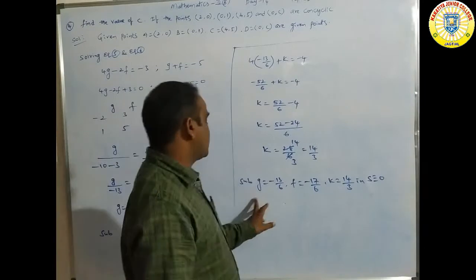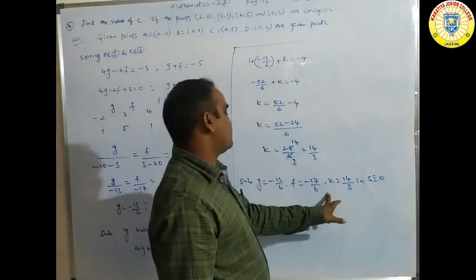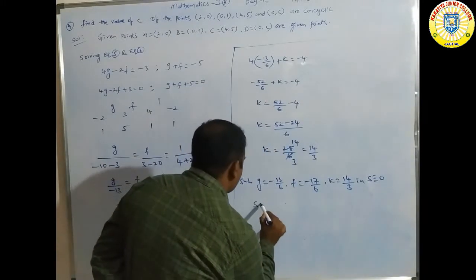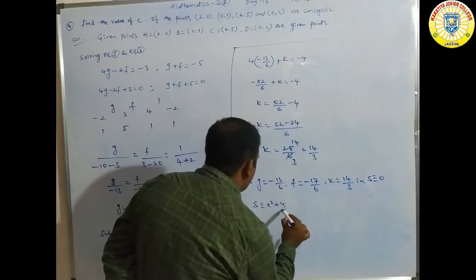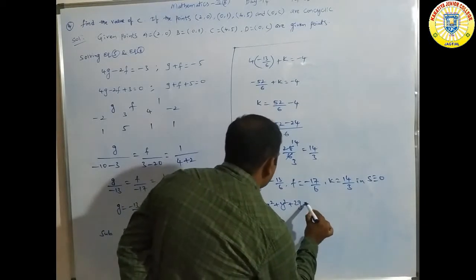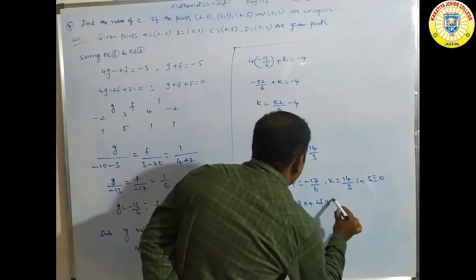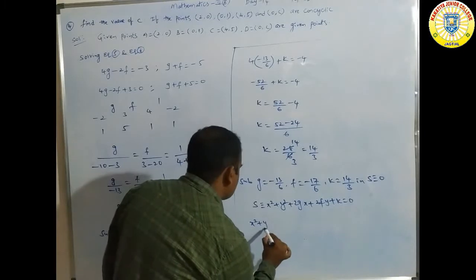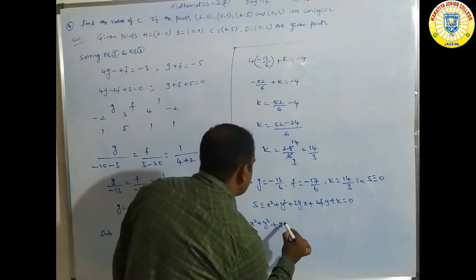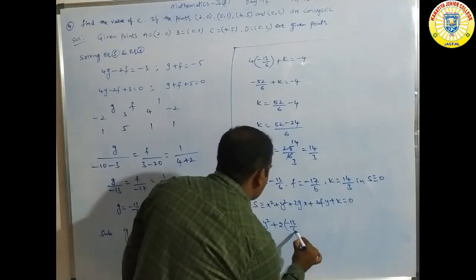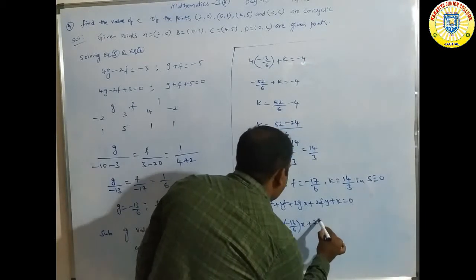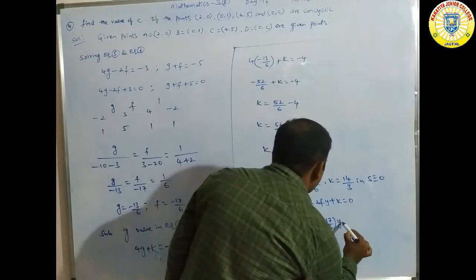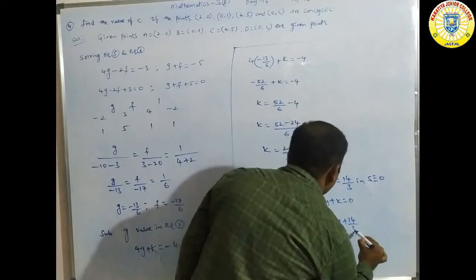Substituting g is equal to minus 13 by 6, f is equal to minus 17 by 6, k equal to 14 by 3 in S is equal to 0. What is S is equal to 0? Here S is equal to which will be taken? x square plus y square plus 2gx plus 2fy plus k equal to 0. Here x square plus y square, 2 into g is equal to minus 13 by 6 into x, 2 into f is equal to minus 17 by 6 into y, plus k is equal to 14 by 3